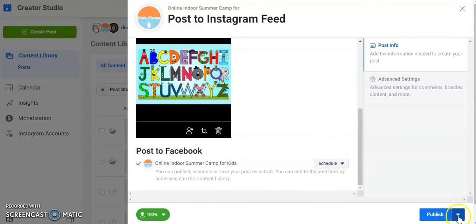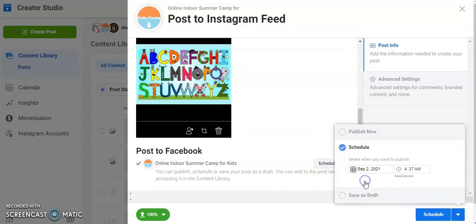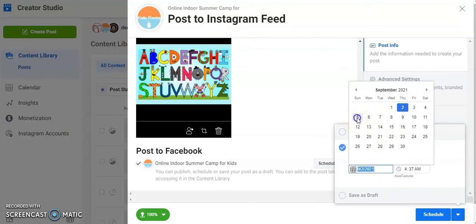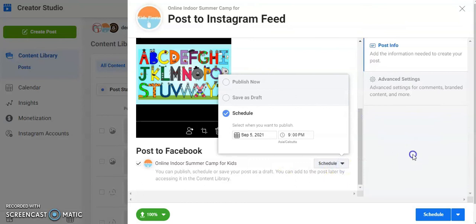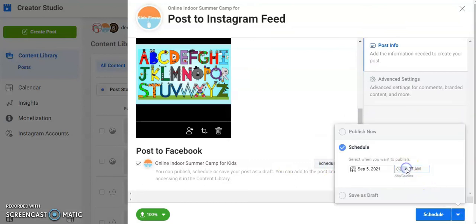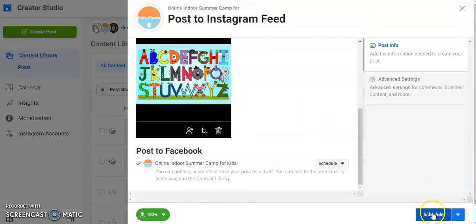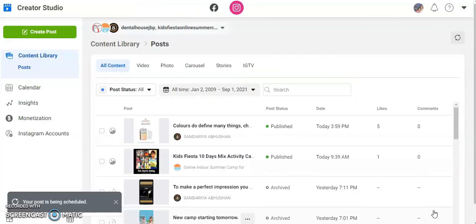So just click on this down arrow over here, click on schedule and schedule your post for 5th of September. Time would be, what have we taken here as the time? 9 p.m. Okay, so when I click on schedule, both the posts have been scheduled.